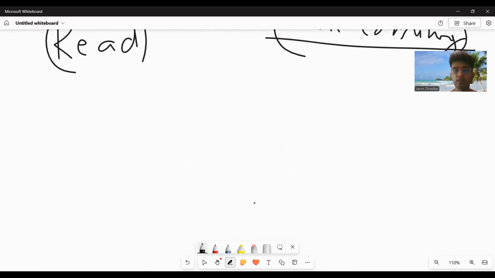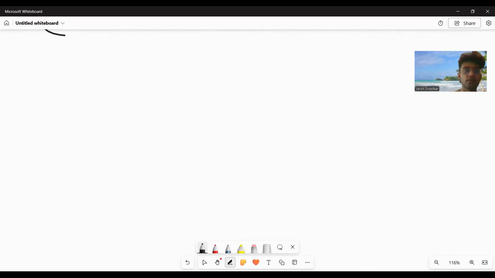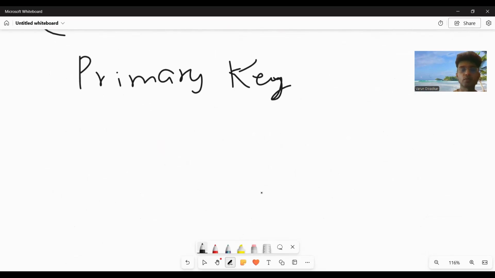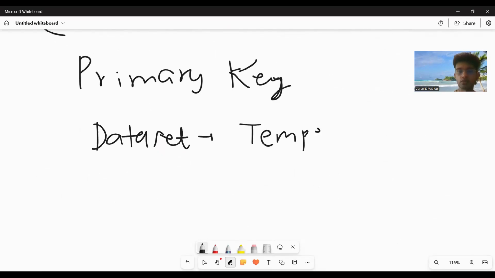So if this is clear, let's come to the other concept of, say, a primary key. This is a very important concept in Cassandra. So what is the primary key? Let's say, for example, we have a data set that looks like this, where it's about the temperature measurements